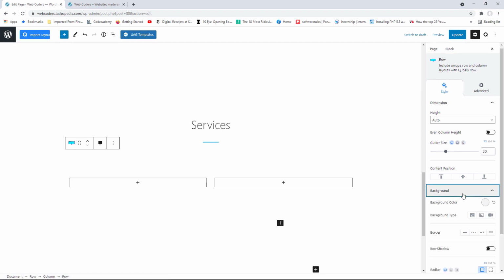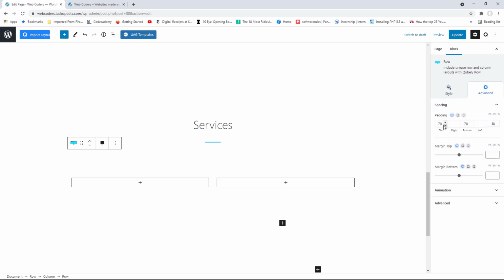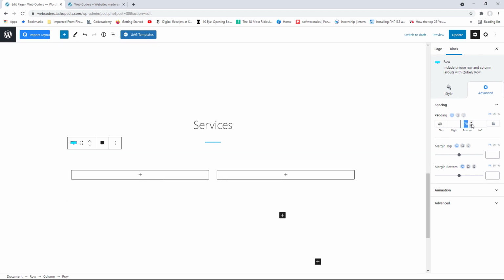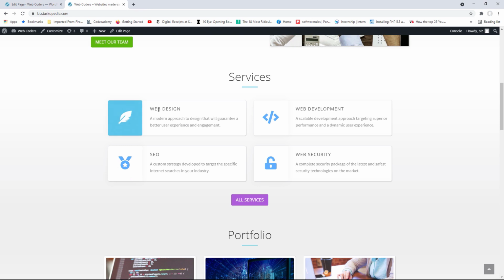So let's go over to the background right here. Sorry, not background. We're going to go to advanced. Right here where you have top 70, let's make it 40. 40 for the top and then 40 for the bottom as well. Cool. Now, let's go ahead and add our very first info box, which will be the one for web design,